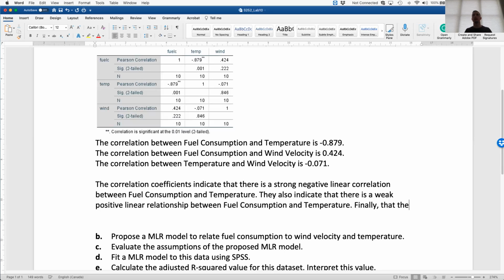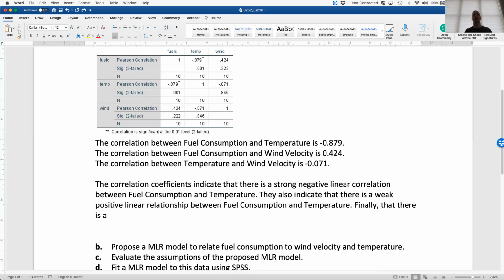Finally, that there is effectively no linear relationship between temperature and wind velocity. Okay, so we have the correlation coefficients indicate that there's a strong negative linear correlation between